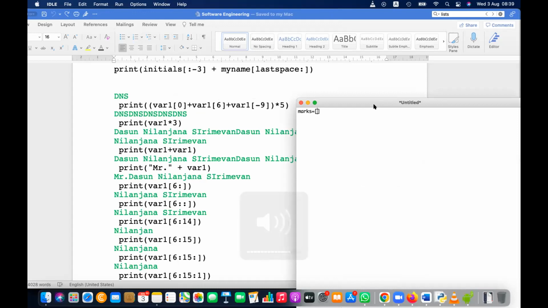List items are mentioned inside the square brackets. Let's say marks. You can mention these marks inside the square brackets like this. Okay, so then if I run this,